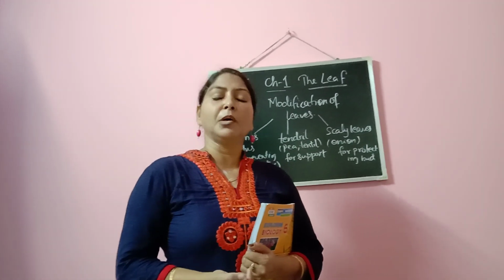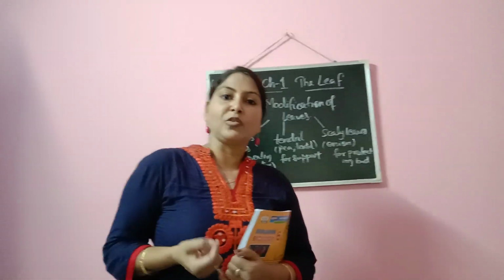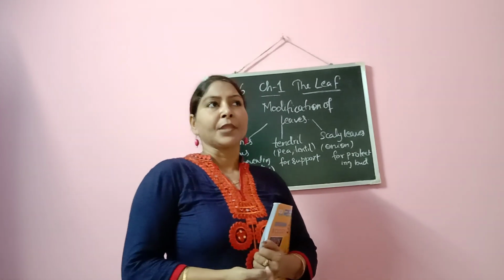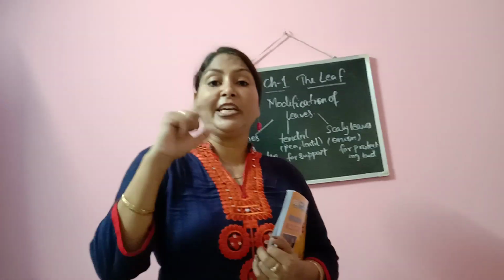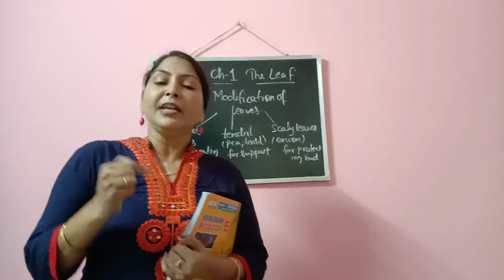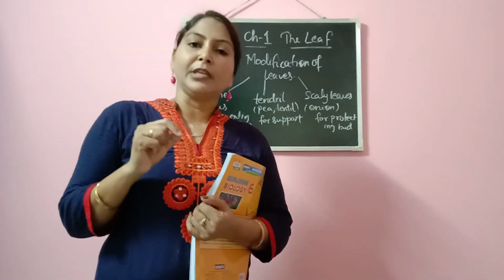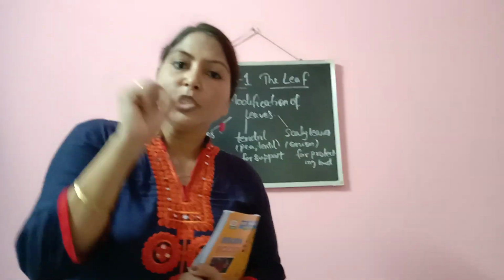So here we are talking about the different modifications of leaves, means how the leaf changes its structure for various purposes. Now like you can see, if you remember, the leaves are modified in the form of small spines. If you know the cactus, you must be knowing that fleshy, green fleshy part, it looks like a leaf. The structure looks like a leaf, but it is actually not a leaf. That is stem. And where are the leaves of the cactus? The leaves are modified, or they have changed into small spines.